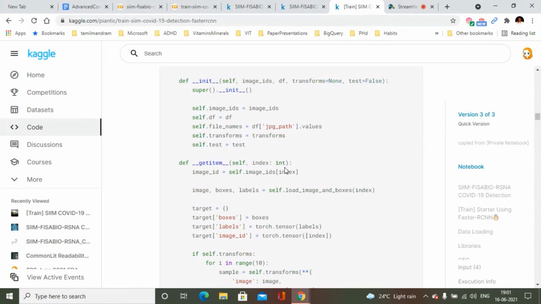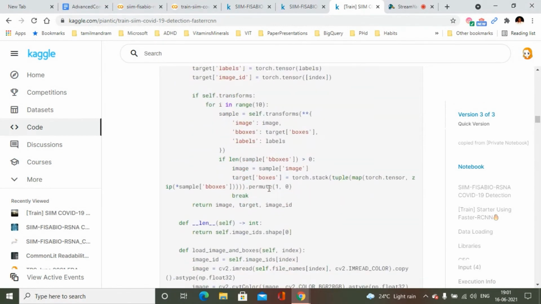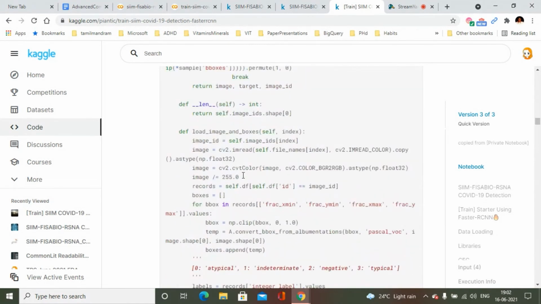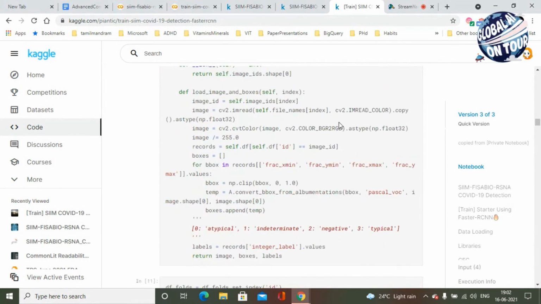So given an image index, we are able to return that image, the boxes and labels and all that. For transformations, you have the augmentations package which we have written, and all the transformations are returned here. And length will return the shape of the image.